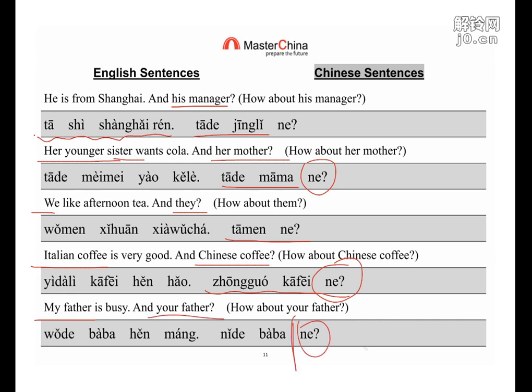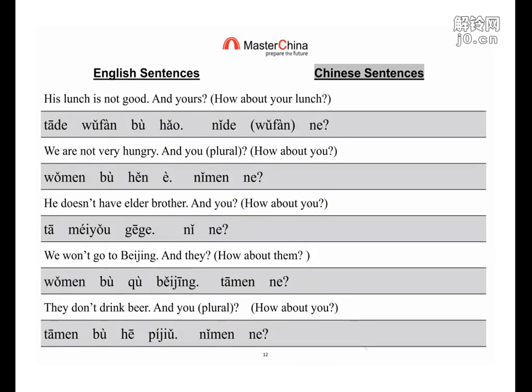See. Okay, check the next one. His lunch and yours. So for yours, you can say 你的 because of course we know it's your lunch. You put the 午饭 or without 午饭, both correct. Then is 你们呢, plural. Please pay attention. 你们呢, 我们不很饿, so the opinion is not very hungry.